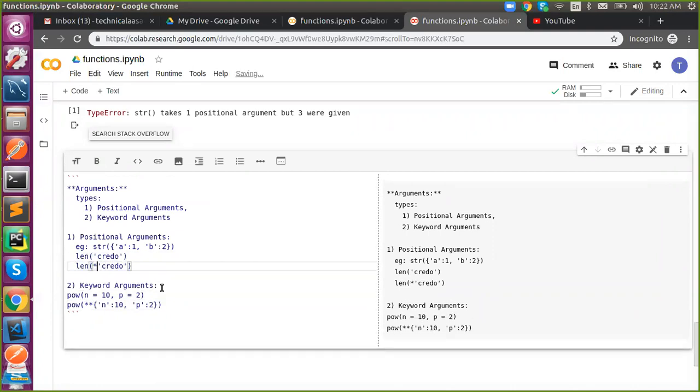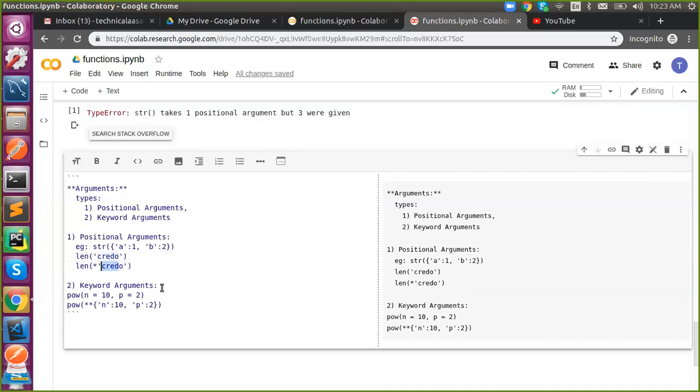How about this? Is this positional or keyword? Here I'm unpacking using a single star. So is it an example for keyword or positional? Do we have any key? Which data structure has keys? Dictionary only has keys.